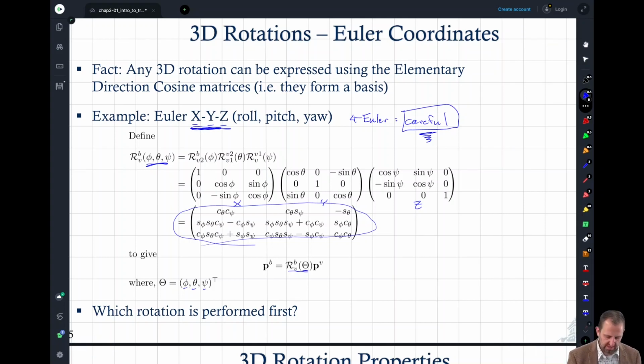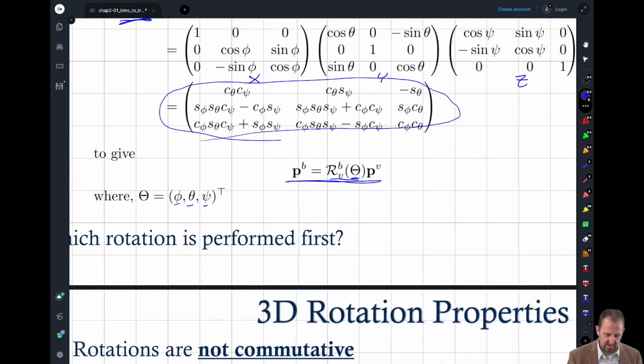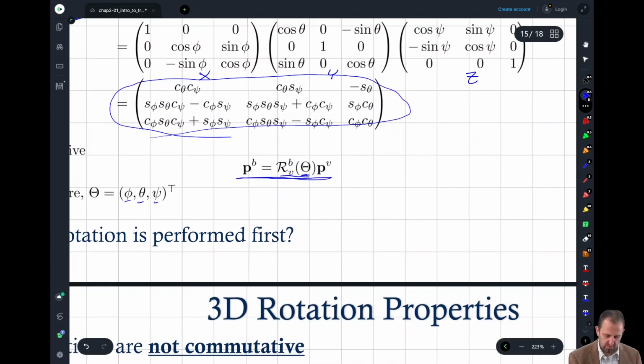Okay, so if we look at this notation here, where this was equal to Rx times Ry times Rz